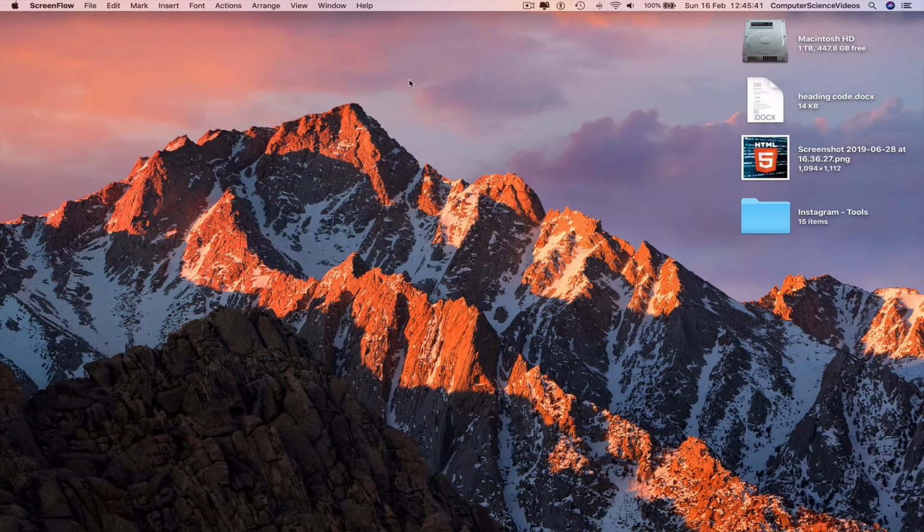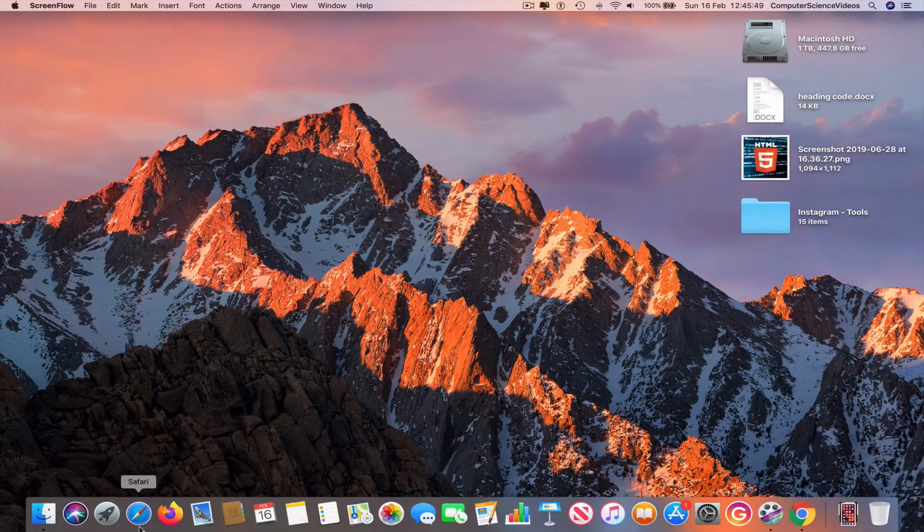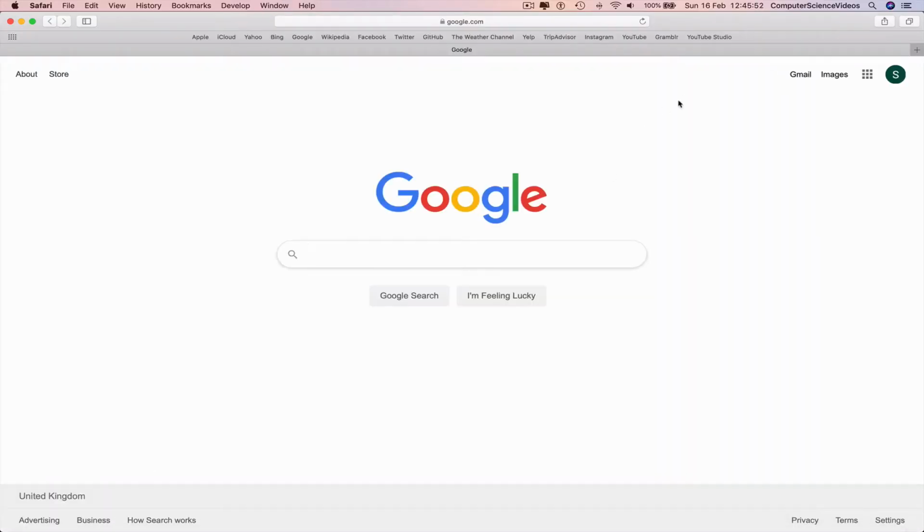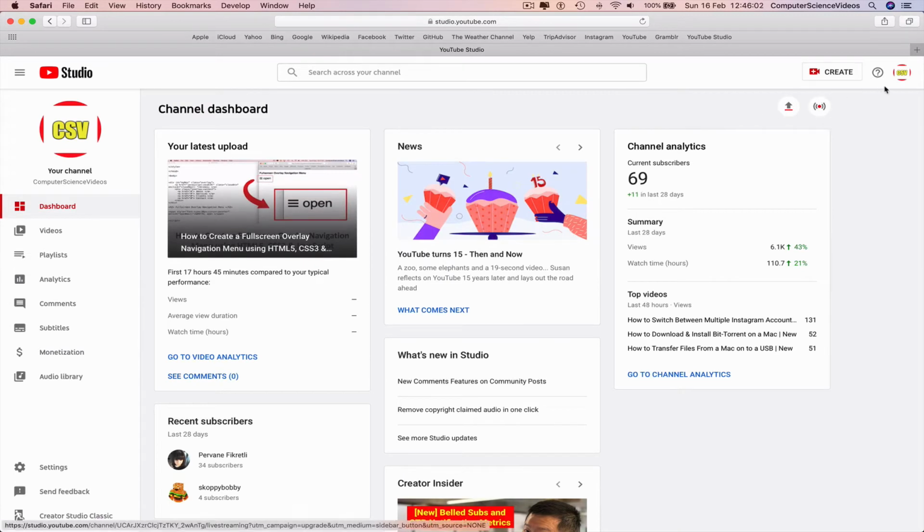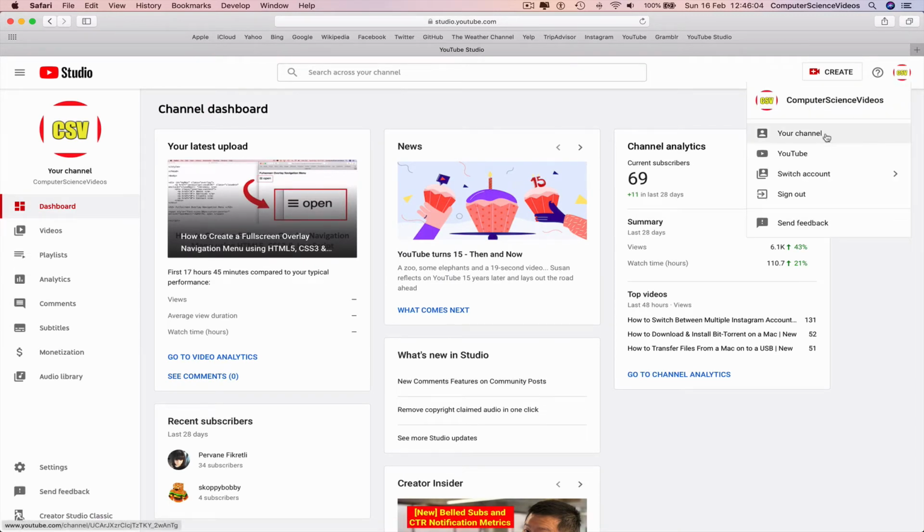So in this tutorial, you need to have access to a Mac computer and a YouTube account. We can now go all the way down to the dock, go to the web browser, which is Safari in this case, go to YouTube Studio using a shortcut on the toolbar, or we can physically search for the website itself. Go to YouTube Studio, make sure you are signed into the account,